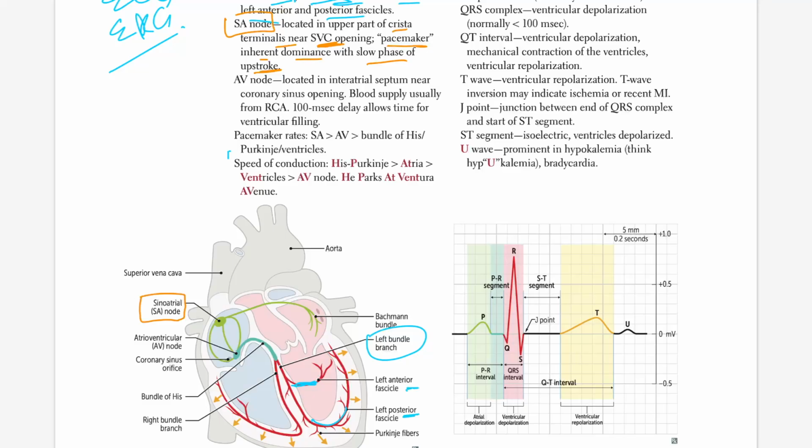SA node is located where? In the crista terminalis near SVC. So this is SVC. Near the crista terminalis, we have the SA node near the superior vena cava, right? That's only one of the things that is there. Other things that they might ask you, where's the SA node? The other thing that you might have to know is